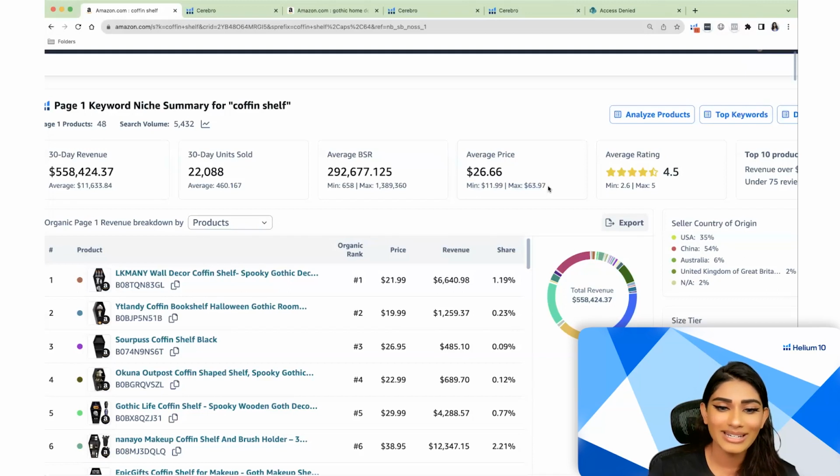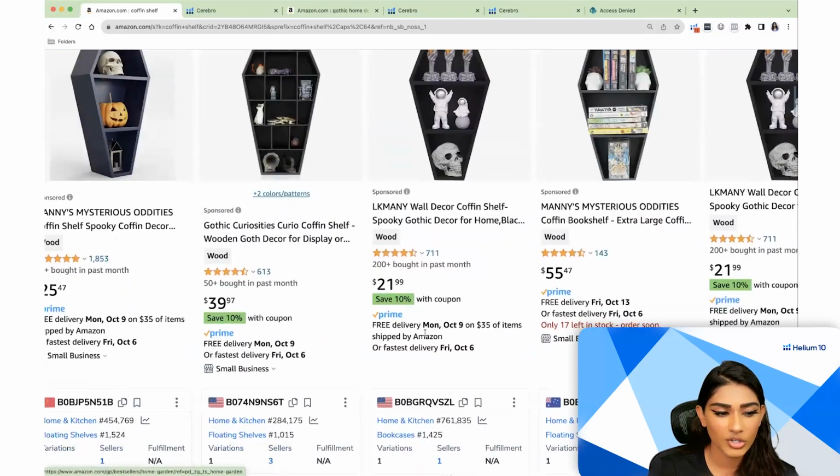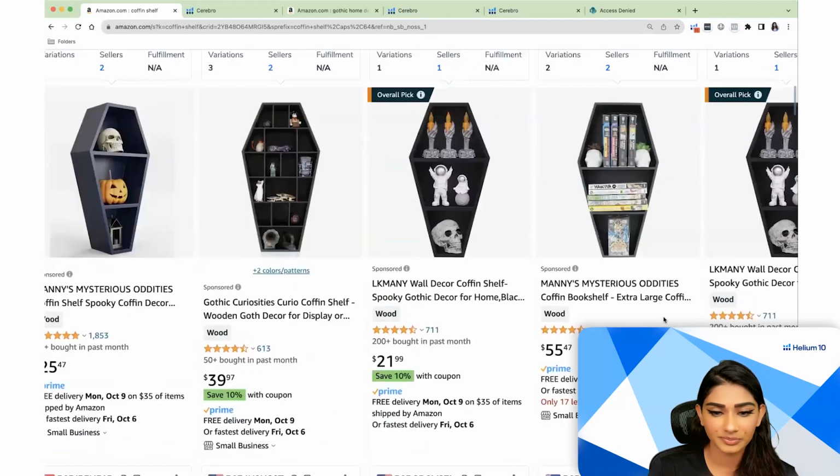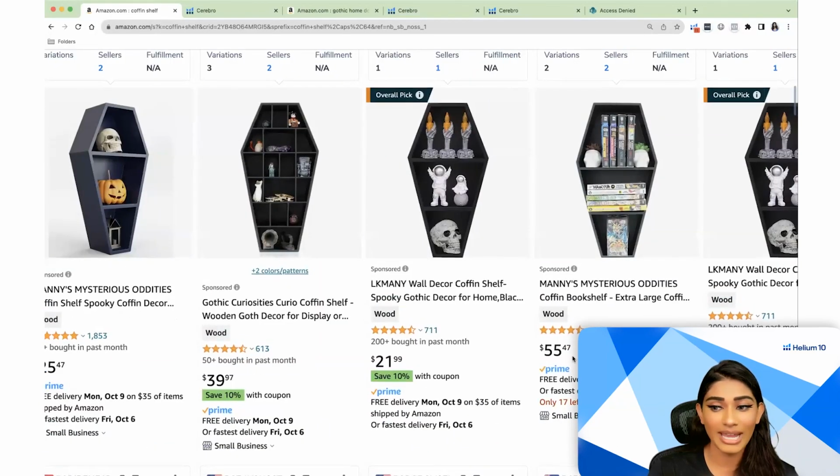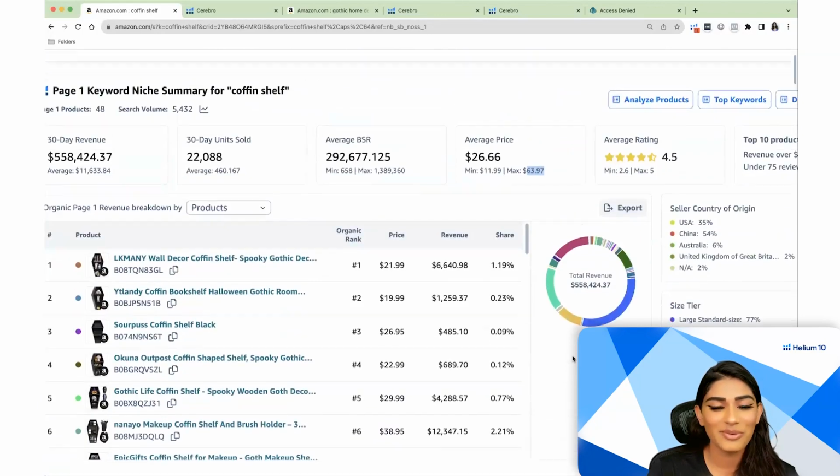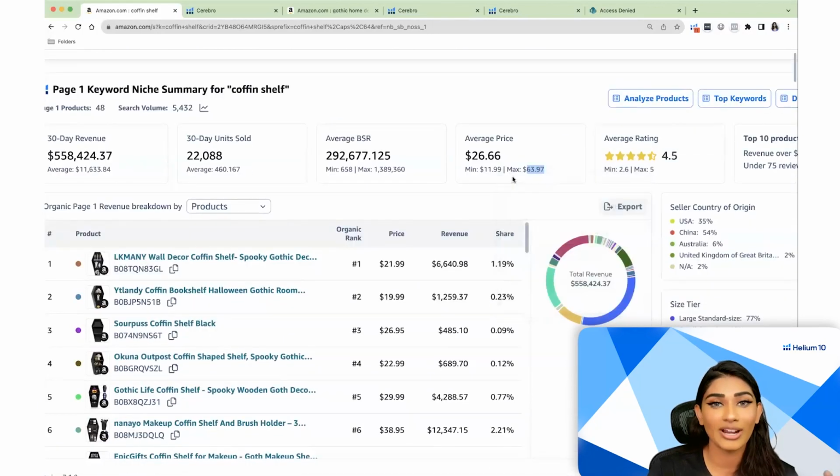You need to make sure that you can price it at a premium price, right? And you can go in and take a look and say, all right, well, even if my first few are 25 or 21 or 55, you're seeing the range. And so maybe you can find a little bit of comfort or start exploring more and understanding the metrics here by checking out that min and max.